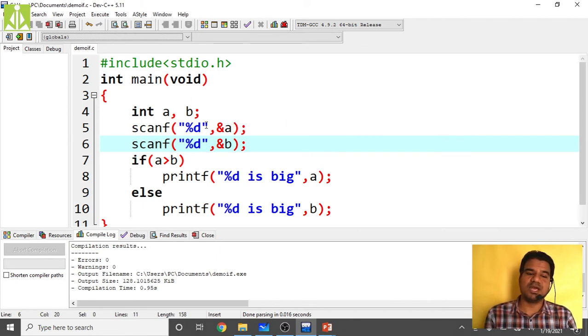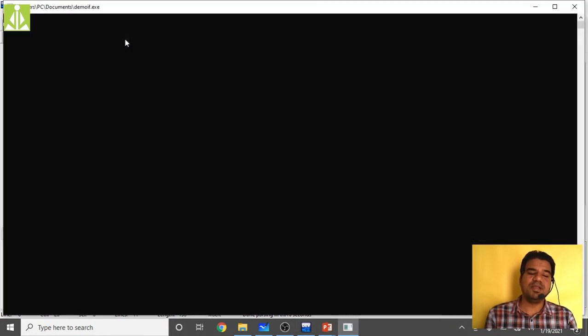The problem over here is when you are executing the program, it is simply waiting without giving any statement. If you as a programmer know what entry you have to make, fine. But if you give this application to a third person, he will get confused. When the control waits, he will not know what he has to enter.